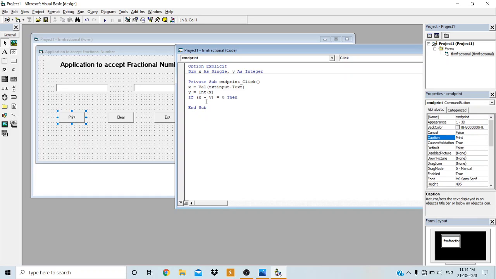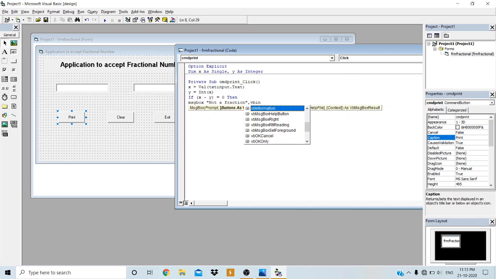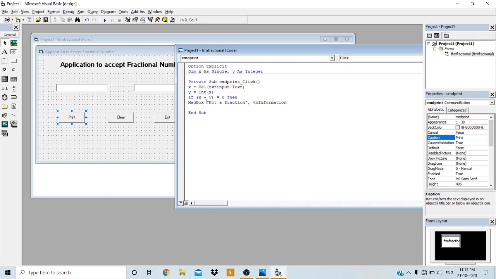Then 3 does not have a fractional part, so it has to display the error message in the message box. So MsgBox, then it has to display the error message, "not a fraction", double quote complete. I will assign the icon vbInformation. Then after the message box, what it has to do,